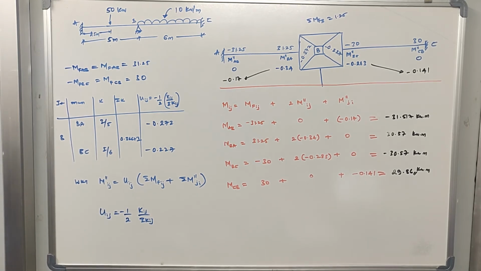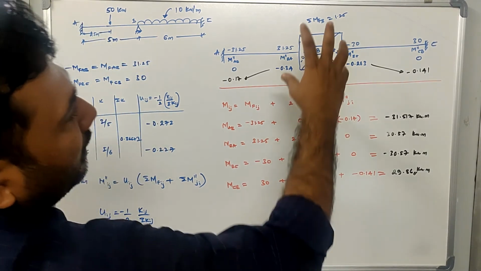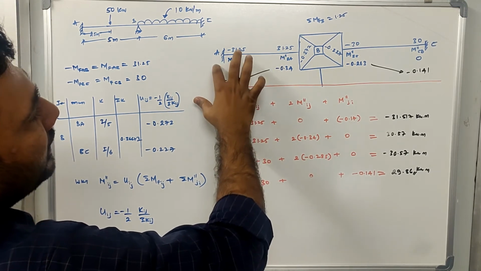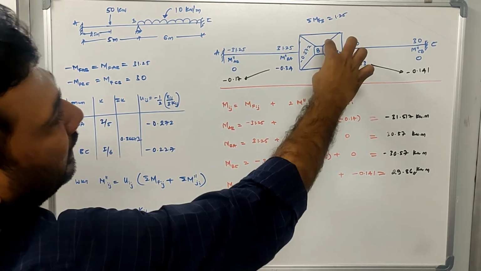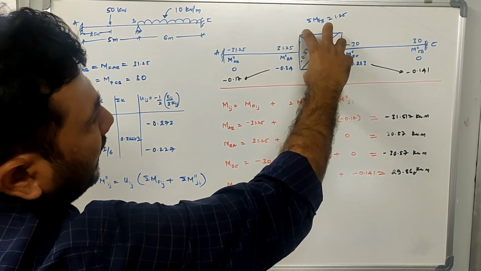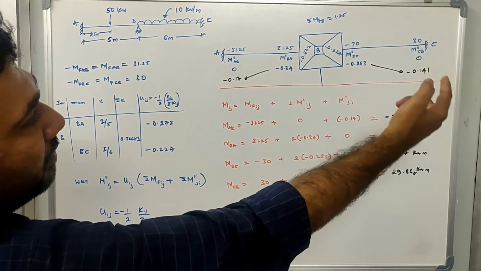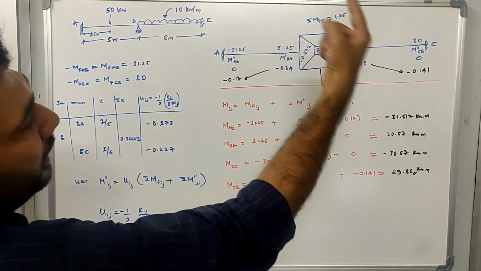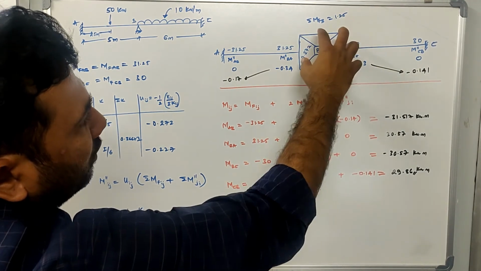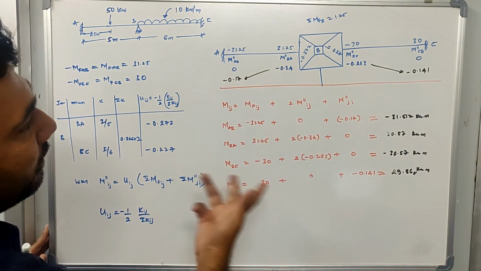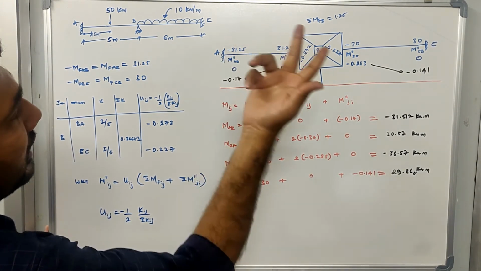In order to solve the end moments, we have to go to the procedure for how to calculate using Kani's method. Now this is like a tree diagram, as you can see. This is a joint which is connected by only one member, so there is no diagram drawn here. You will draw this kind of tree diagram only where the joint is connected by more than one member. Joint B is connected by more than one member, hence I have drawn this figure over here. If it was connected by only one member, I would have simply shown the joint end as it is: if pinned, I'll show it pinned; if fixed, I'll show it as fixed.